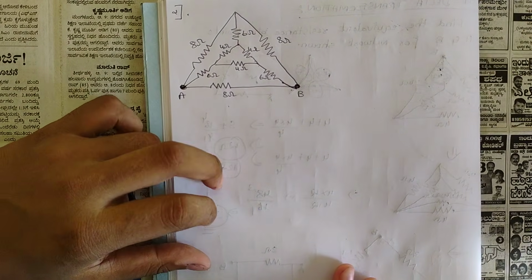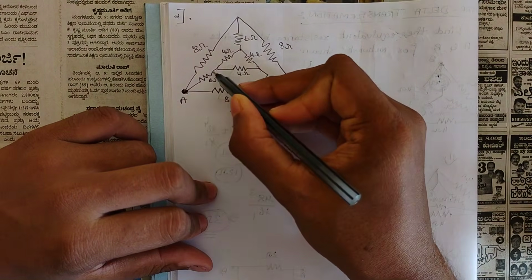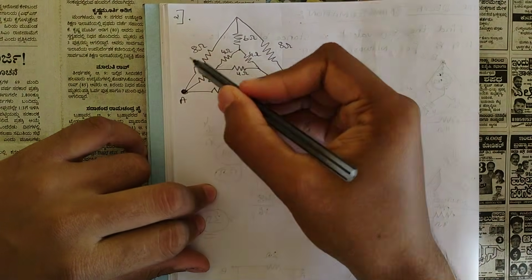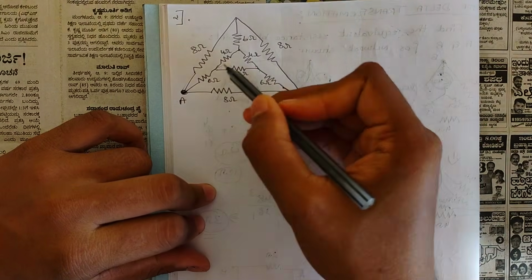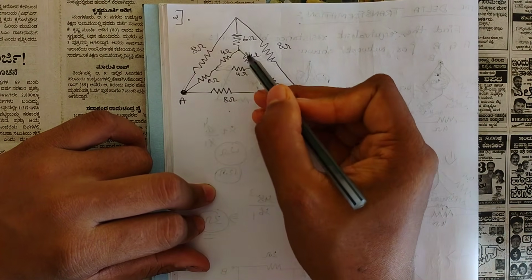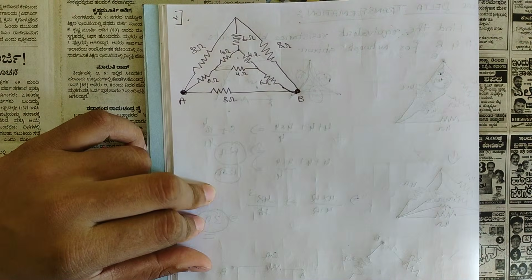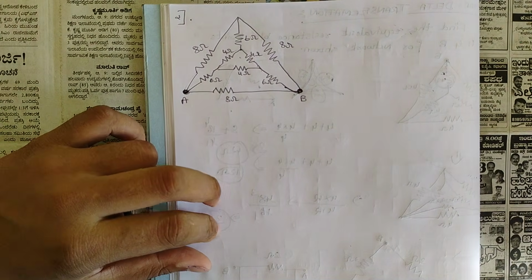In the last problem, they had directly given the internal star connection. But here, externally we have one delta connection, inside we have one star, and inside that star, where the points meet, we have one more delta connection. That is one extra step here. Okay, what to do is,